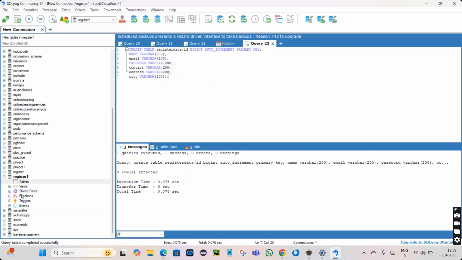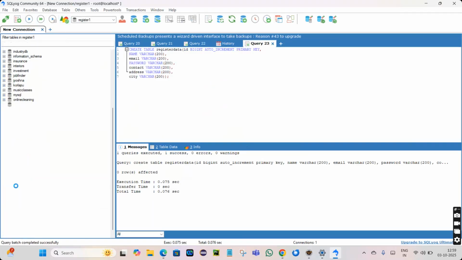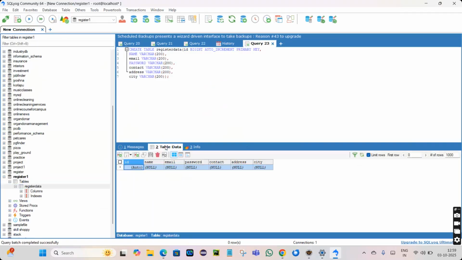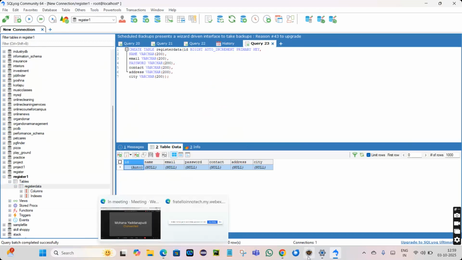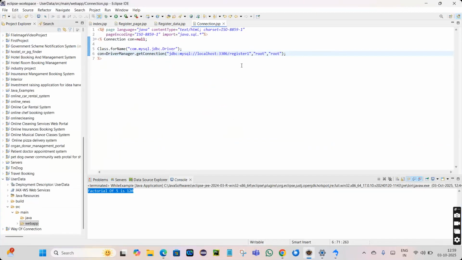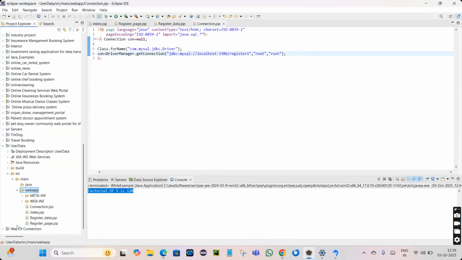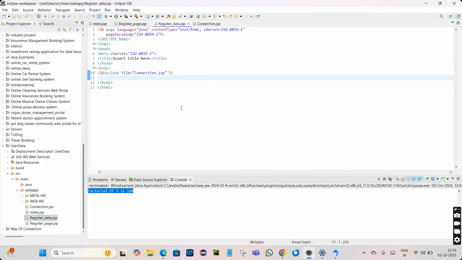Table is created. Once you refresh here and check, here registration table is there. So here the database is registration one, and this is the password and username of the database. So here